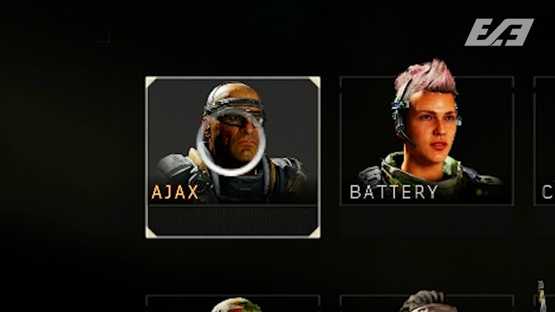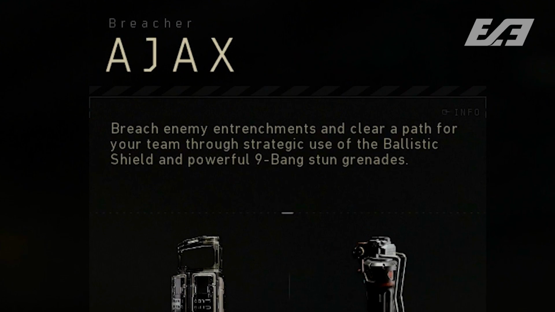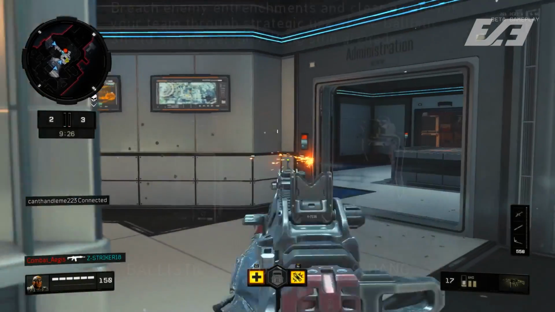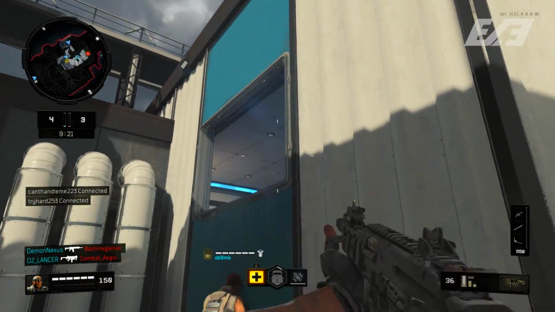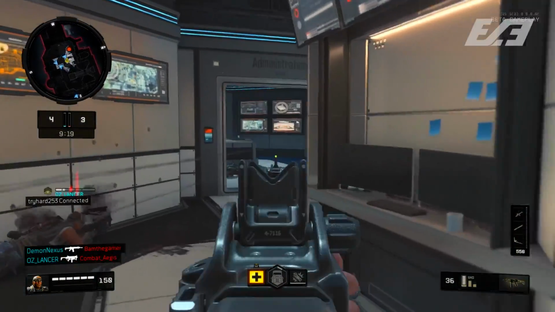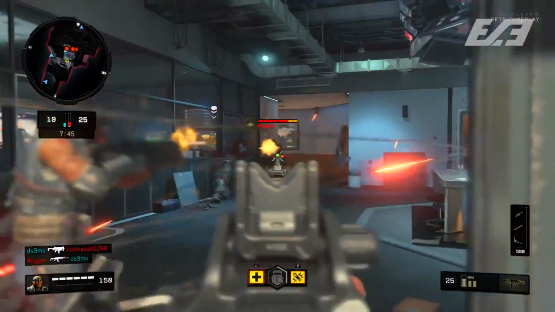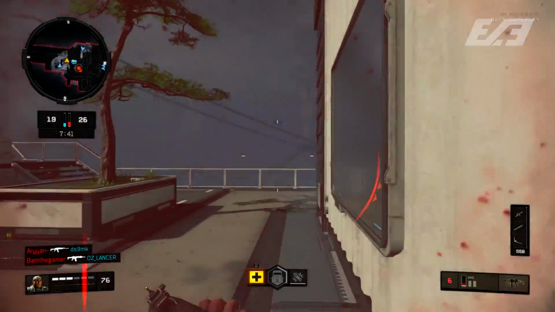Now, moving over into the 7th spot, that's going to go to Ajax, because this is, again, another brand new one within Black Ops 4, and this is one that I'm kind of expecting will get a slight nerf. I saw a lot of clips of people talking about this one over on Twitter, to which I can understand where people would get enraged by this, but the Ballistic Shield and the 9-bang are Ajax's specialties here. The 9-bang is essentially a concussion that you can cook for a little bit more,